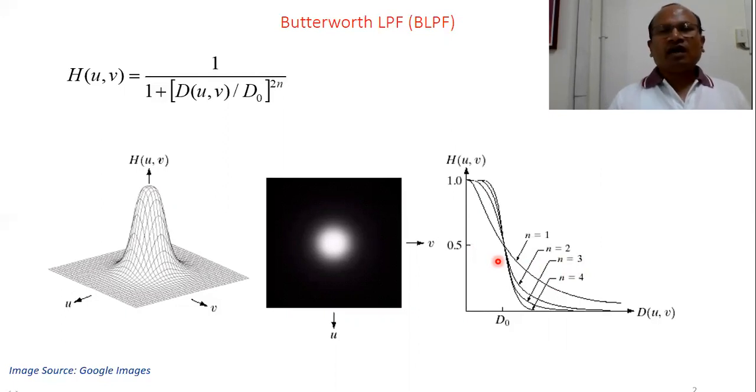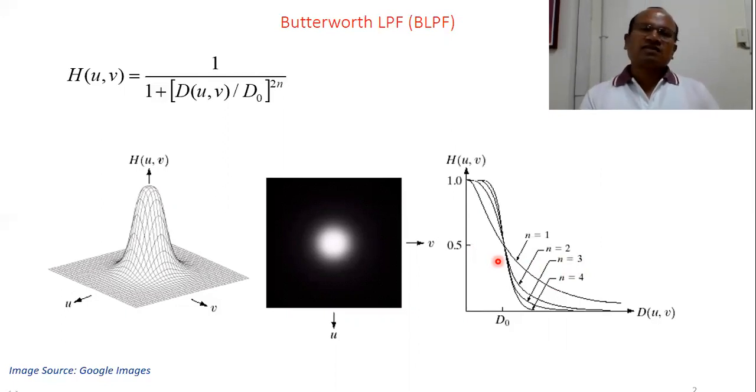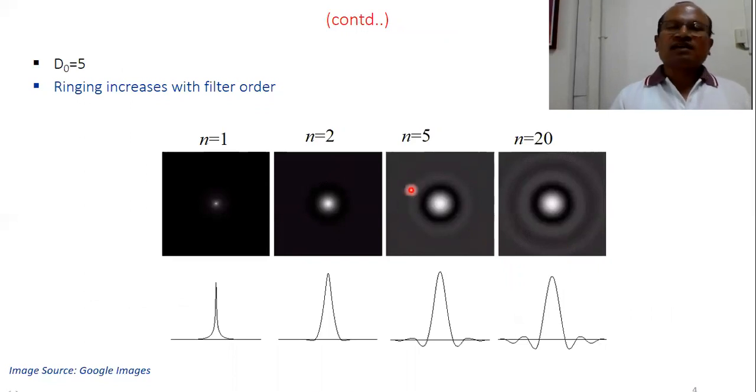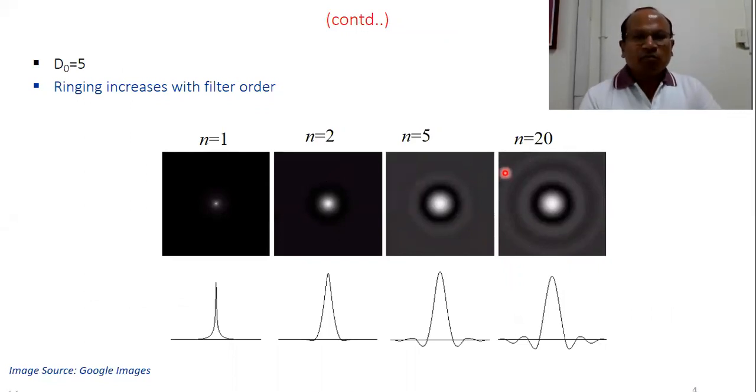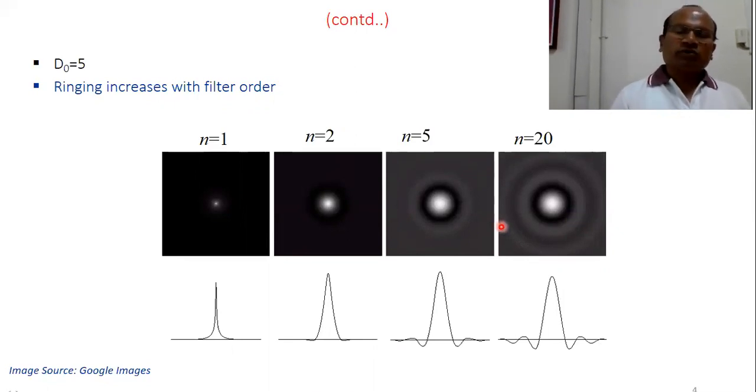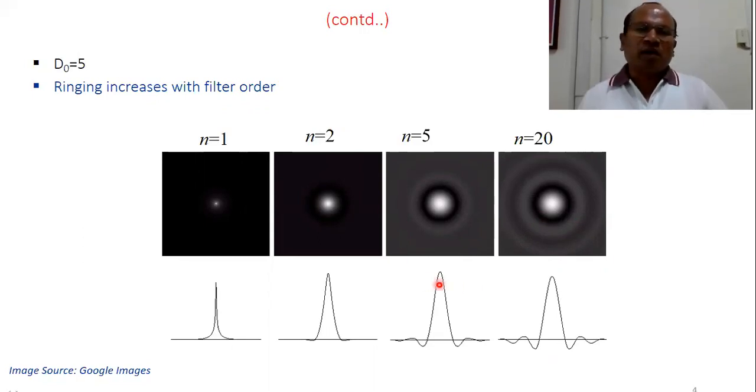And we know that the ideal low pass filter has an important drawback related to the ringing effect. And this is why, when you are increasing the filter order more and more, ring-like structures can be seen or visualized in the output. And this is due to this ripple effect. So this is the analysis of Butterworth low pass. When cutoff distance changes with fixed filter order, no problem at all. It's almost like the ideal low pass filter output for different cutoff distances.